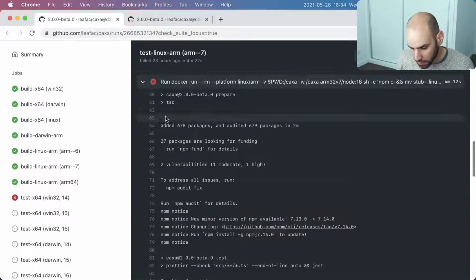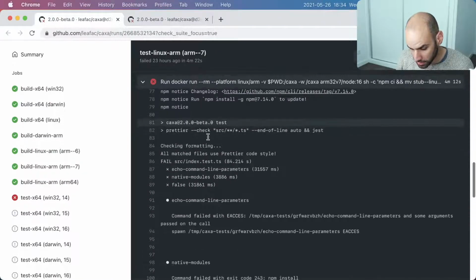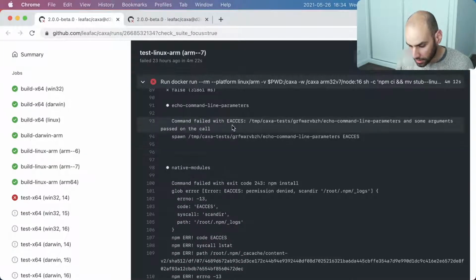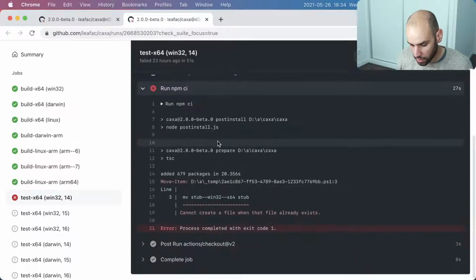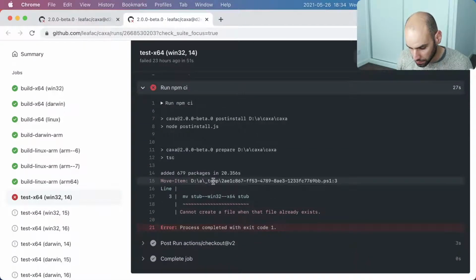So the TypeScript compilation also succeeded, and then Prettier succeeded, and then the tests failed. But the tests having failed is expected. As I said, we were using the wrong stub. And then here we have something else. On the Windows run, something else has happened.